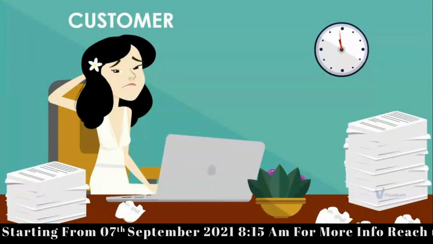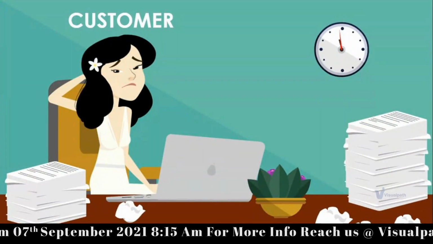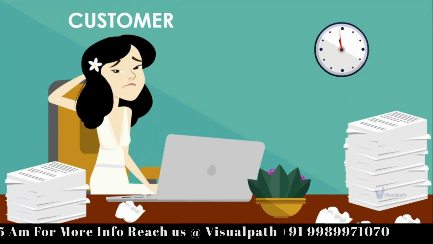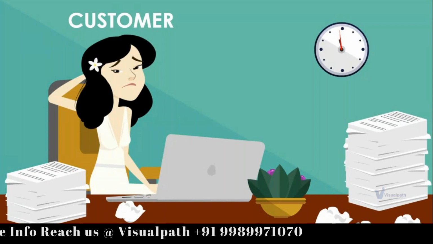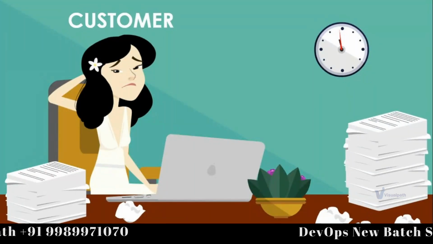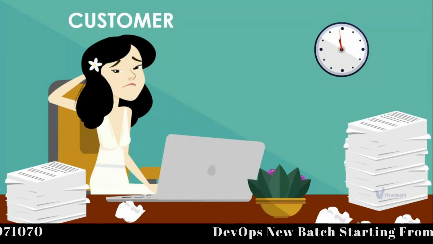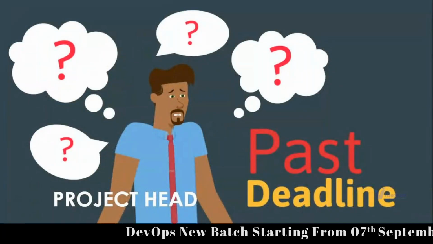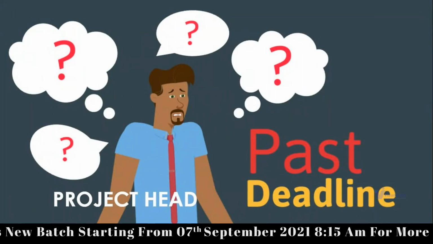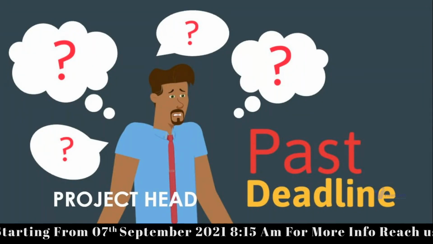Now let's come back to the story again. Because of these failures, the customer was promised that they would see a demo, but Emma doesn't see any demo because things are not working, it's failed. So she feels bad. Of course the customer will feel bad. The project head has passed the deadline. It's not able to deliver on time because of these failures.